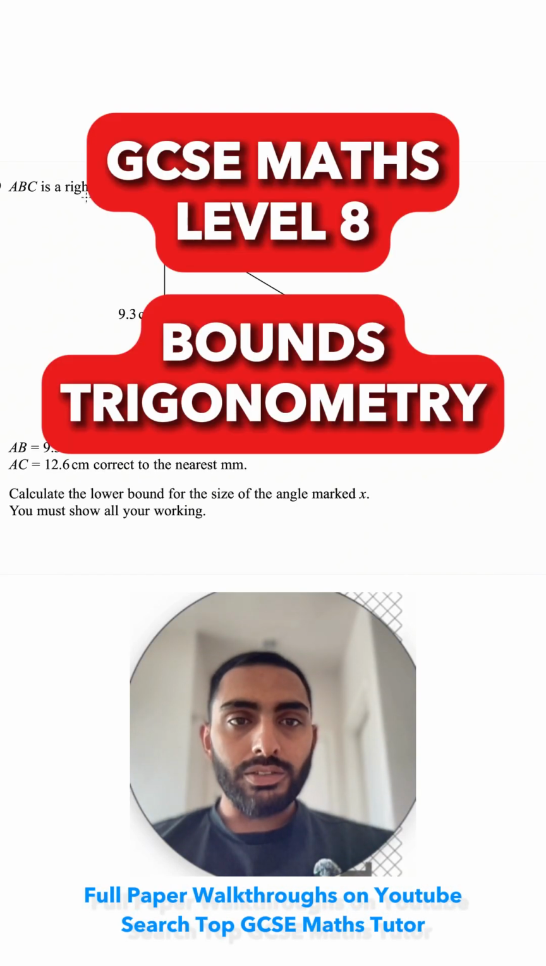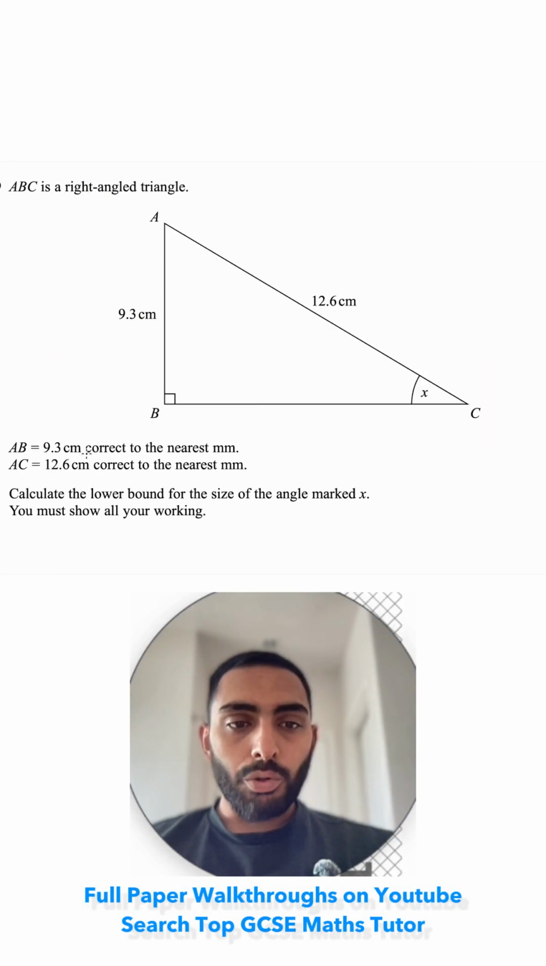Question 90. ABC is a right angled triangle. AB is 9.3 centimeters, correct to the nearest millimeter. So you can see it's already there. Let's just write what the error interval for this one would be. So the error interval